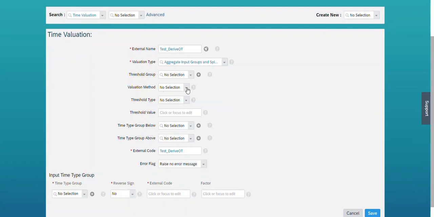So here the valuation method, we are going to put valuate per day,